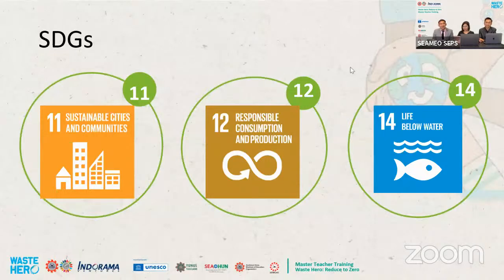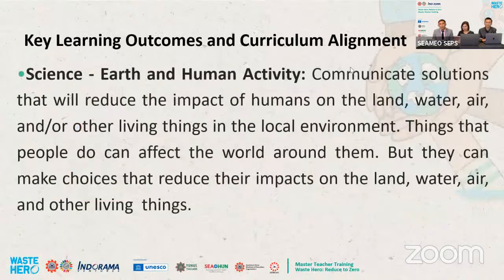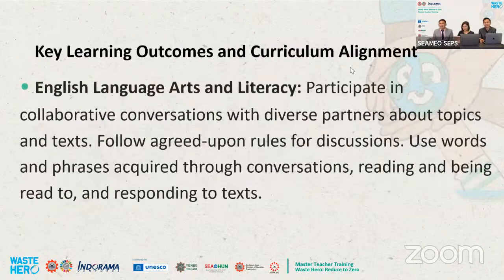Yes. So these are the SDG goals, and with curriculum alignment, we also incorporate some topics. Number 1, science. We talk about human activity that impacts the environment, and also language and literacy, because in my class, students need to talk, discuss and solve problems. They have to use English, but sometimes they can use Thai. I don't mind if we can reach the goal of being aware of how big the issue is and how they can help the society and the environment. Okay.